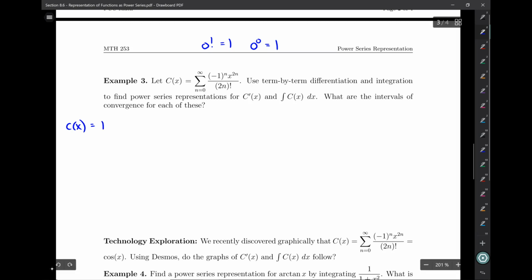And then the next term, plugging in 1 for n, notice it'd be a minus, and then we'd have x squared, because n is 1, so x squared divided by 2 factorial. The next one, n equals 2, would be plus, because this would now be a negative 1 squared, x to the 4th divided by 4 factorial. So hopefully you see where this is going. I'm going to do another one. The next one would be a minus, x to the 6th over 6 factorial, plus,